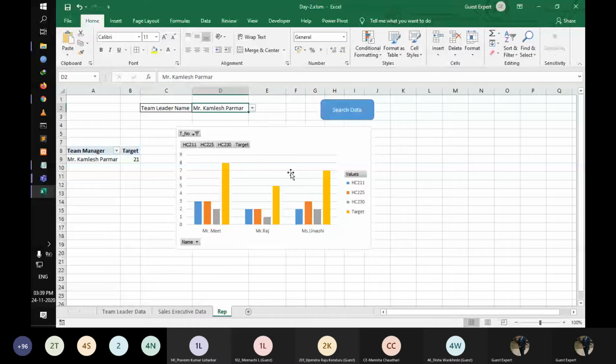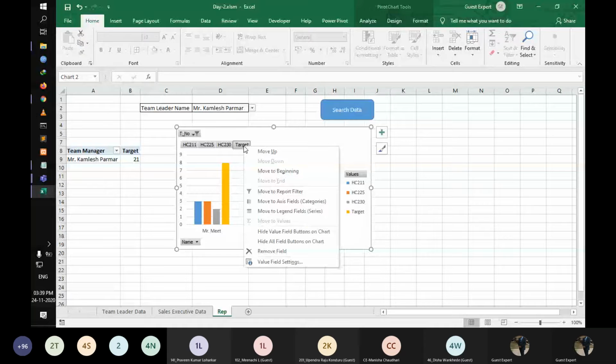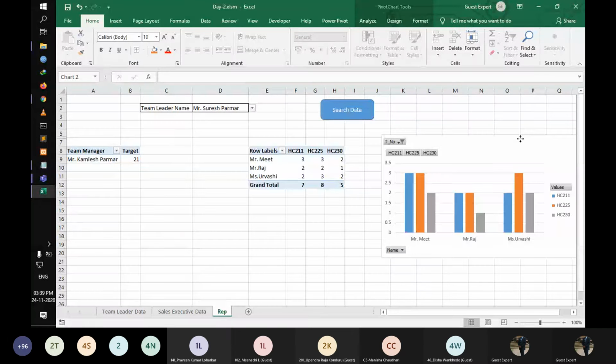Right now in this pivot chart, we do not require the target. Okay, they show me one error because my chart is going to be changed.